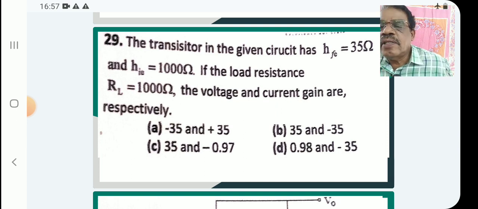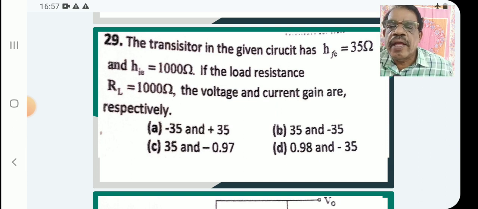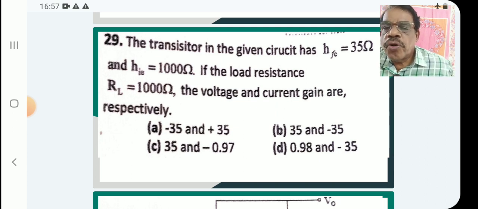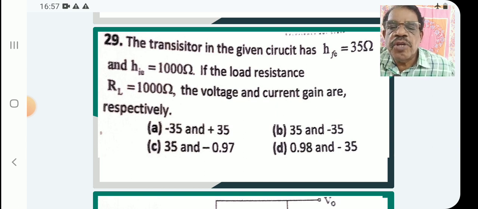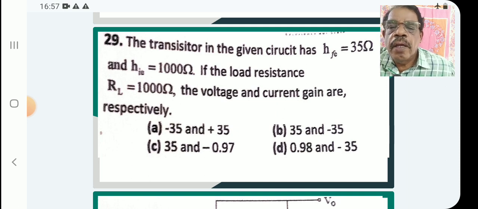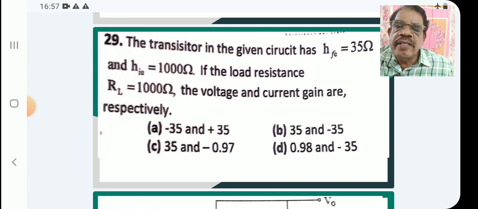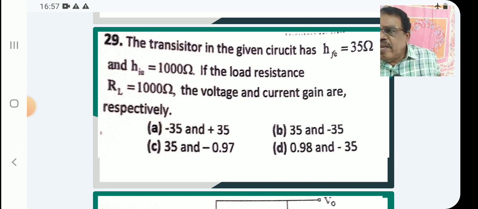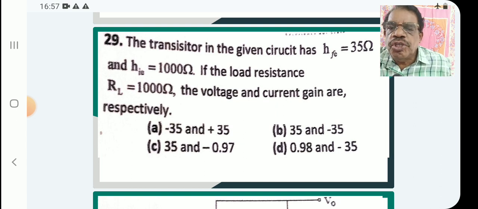If the load resistance RL is 1000 ohm, the voltage and current gain are respectively: A, minus 35 and plus 35; B, 35 and minus 35; C, 35 and minus 0.97; D, 0.98 and minus 35. You remember HFE is current gain, and voltage gain we always write as negative because there is a phase